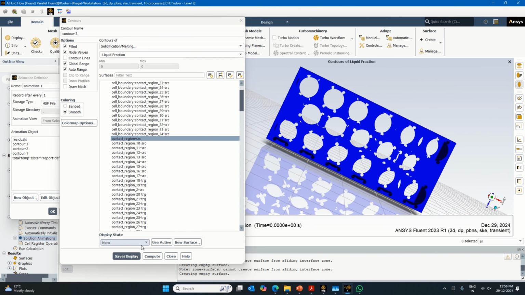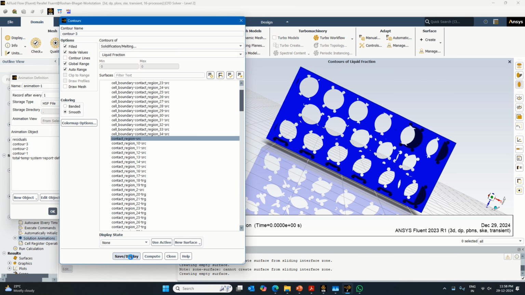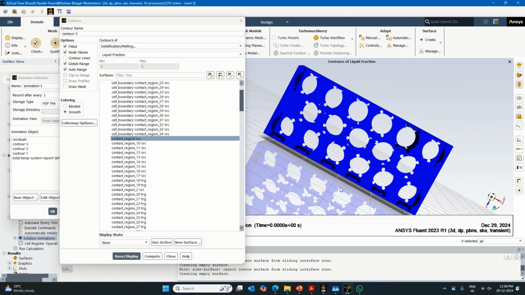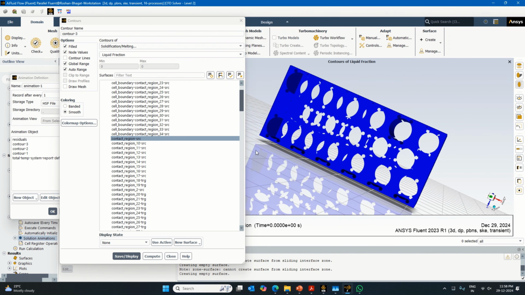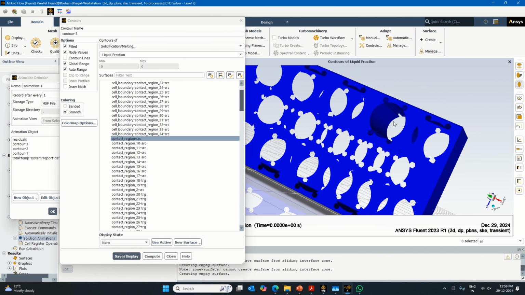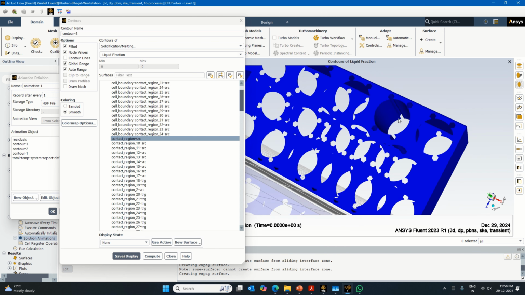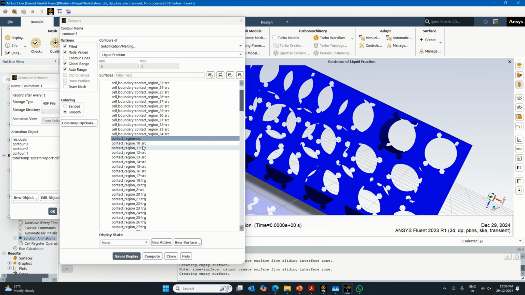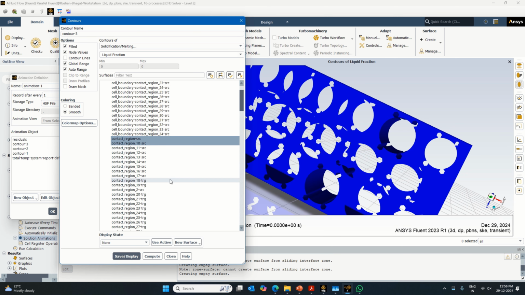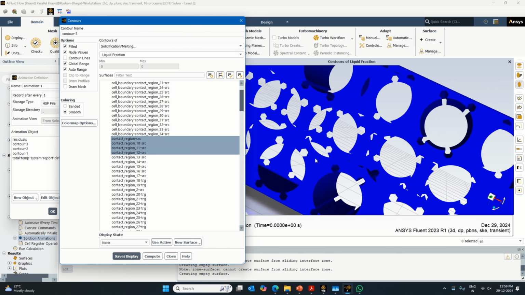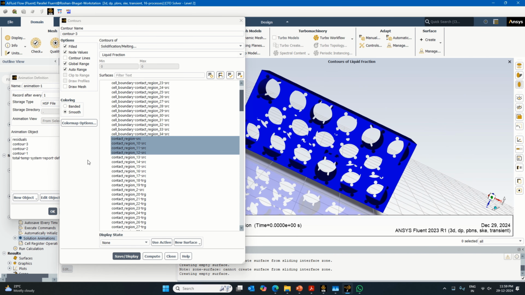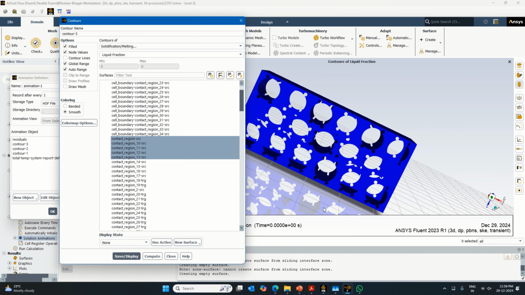Okay, so first of all I select the contact region SRC, just check if someone has. Okay, so you can see it is here, it has come here. So 10 SRC, 10 is also there, 11 SRC is also there, 12 SRC is also there, so 13 SRC, okay, 14 SRC,